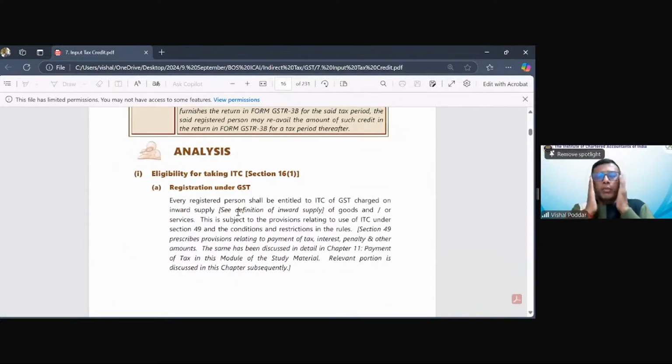So best is we come to the analysis part, because the analysis part will cover one provision along with the relevant rule, along with the relevant circular and notification, everything at one place. But remember, what we are studying now is the conditions of 16 along with the relevant other sections, rules, notifications, etc. Correct? Anybody, any questions or doubts up to this point?